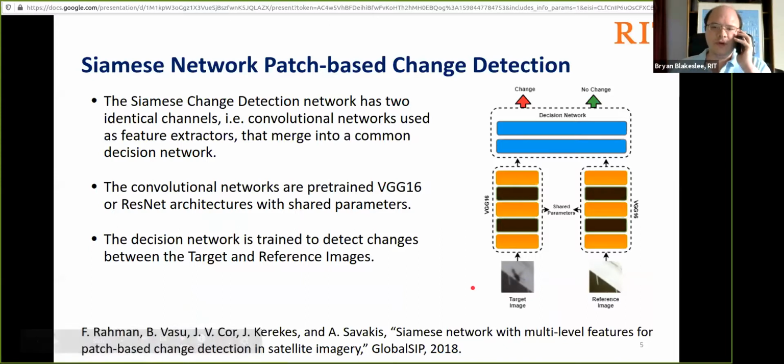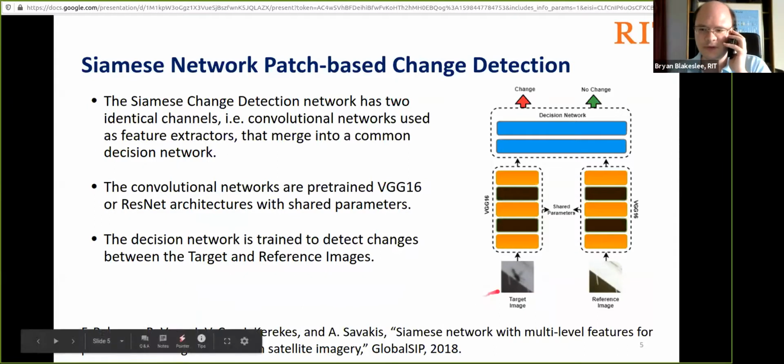So there's a few different ways that you can actually implement change detection, but one of the most interesting techniques is Siamese networks. Siamese networks take the form of encoders, usually pre-trained on a particular data set like ImageNet with shared parameters.